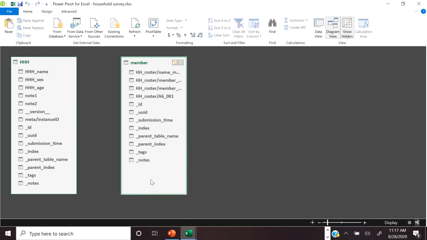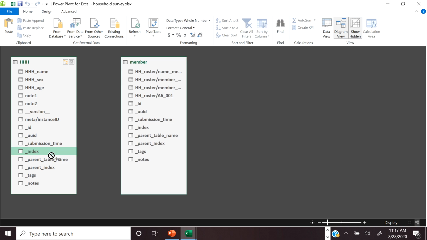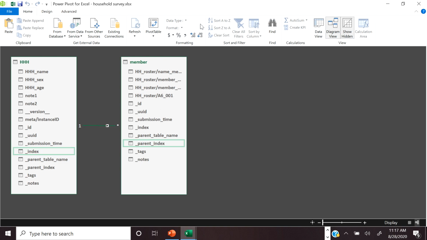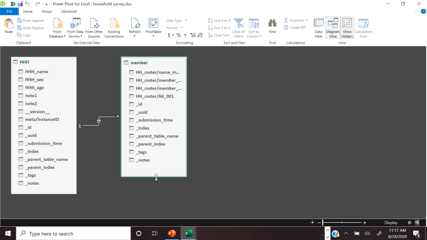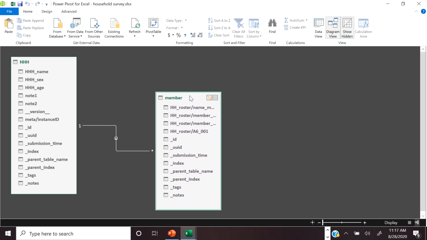So just to create a relationship, remember I need to create a relationship between the index from my first table and the parent index of the second table. It's easy. It's just clicking on the index and dragging it to the parent index. And Power Pivot has created the relationship for you. As you can see, it has created a